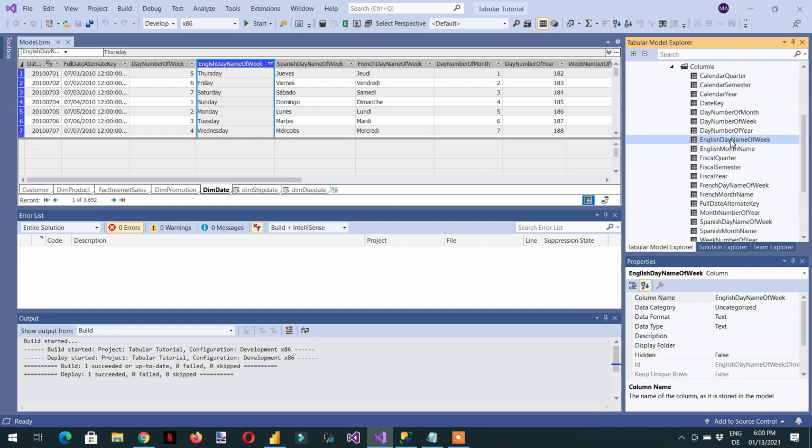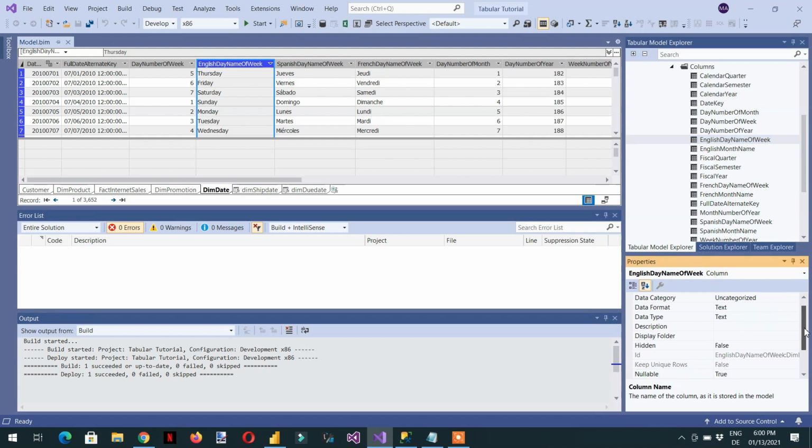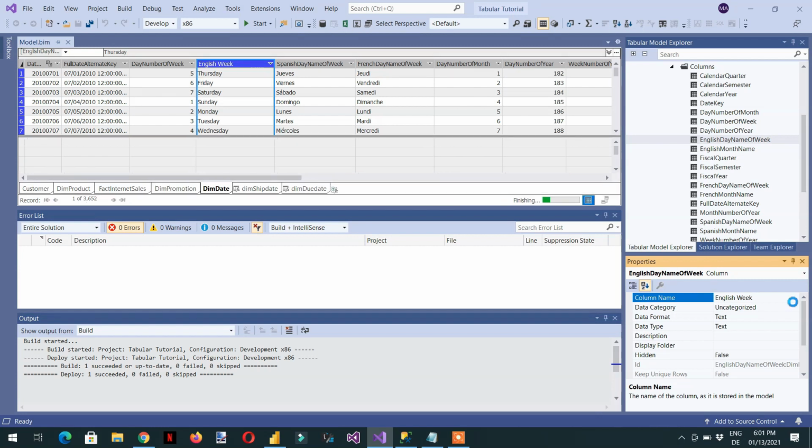So we need to change the name, like a user friendly name. So this is the column name, so we can write here English week, this one, for example, right? So we need to save it,